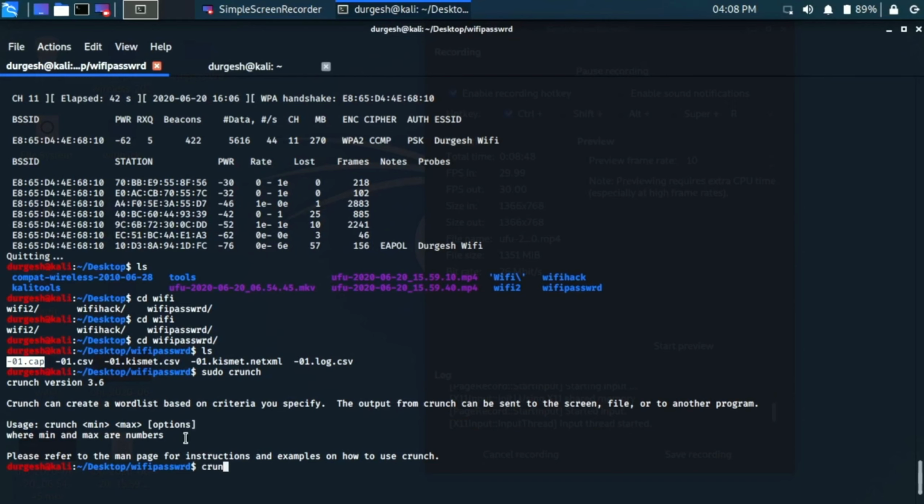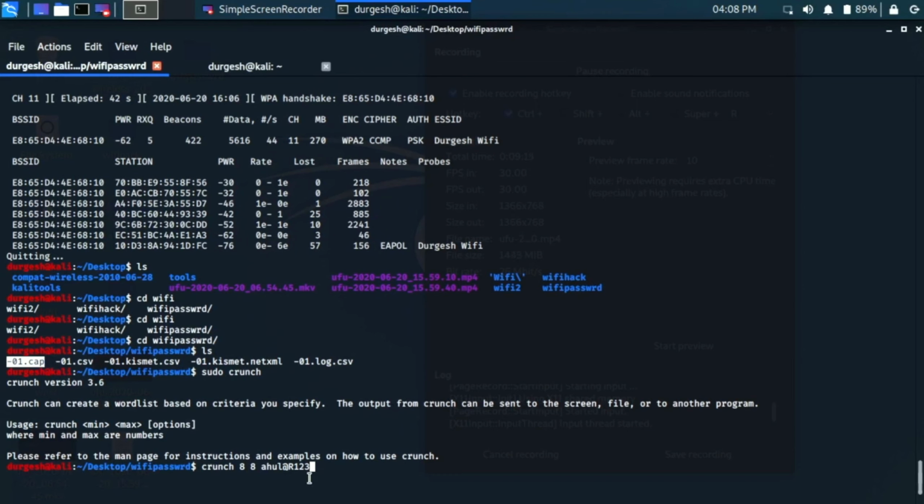So let me run crunch. Suppose I provide 8 as the minimum and then a maximum. It will generate all the permutation combinations for the required word, and then we are ready to go, right?